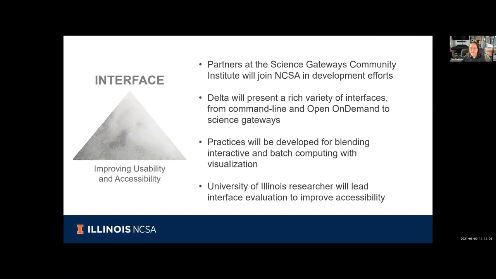So we're partnering with SGCI on the Science Gateway elements of the Delta project. We really do want to have a really rich variety of interfaces. Traditional command line for batch computing is sort of a de facto standard, but we'll also have Open OnDemand as a web-based front end to the batch system,